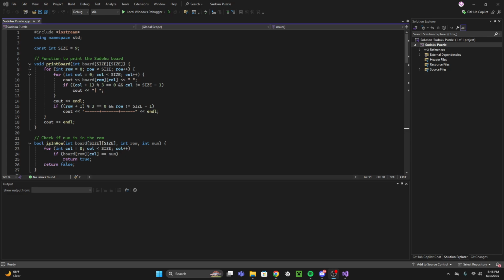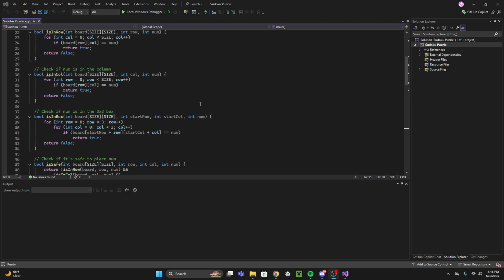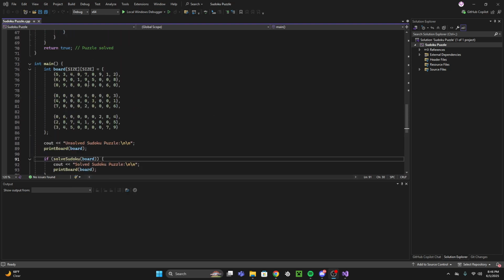This is a 9x9 Sudoku grid. The rules are that every row, every column, and each of the 9 3x3 boxes must contain all the numbers from 1 through 9 with no duplicates. Any cells with zeros are considered blanks that need to be filled. So this is our 9x9